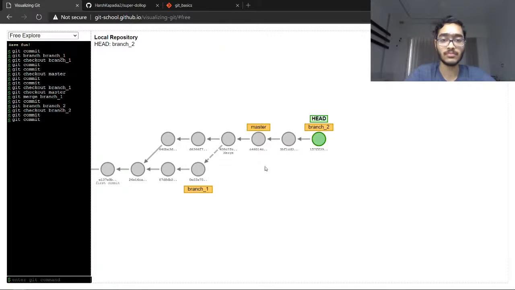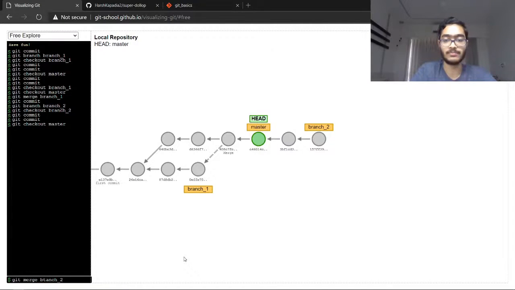Okay, so let's just do that. Then I'll explain why there was a three-way merge in the first case, and why it is a fast forward merge right now. So let me check out the master branch. Git checkout master. Okay, so I'm going to the master branch right now. In the master branch, I will tell Git please merge branch 2 into this branch. The branch you want to merge into, you have to be in that branch. So I want to merge branch 2 into master, that's why I have to be in the master branch when I tell Git to merge branch 2. Okay, so I'm in the master branch right now. I just say git merge